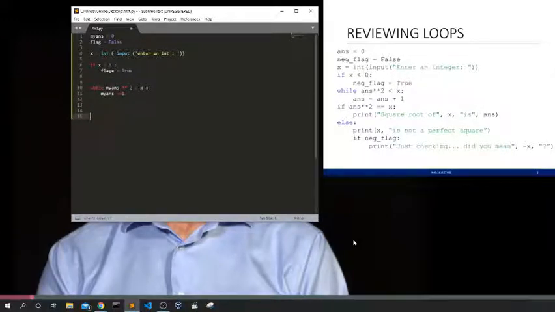If my answer, why is it not working? If the square root of my answer were x, then print square root of x is.